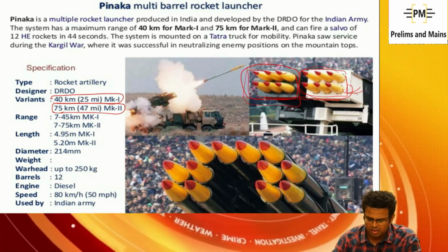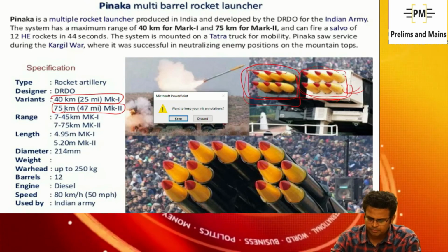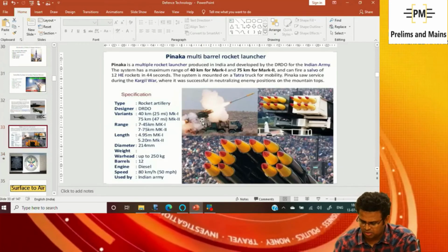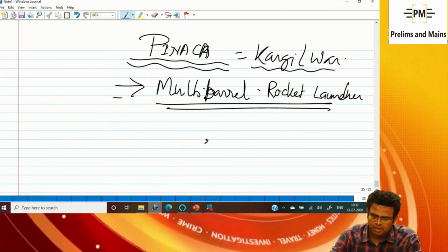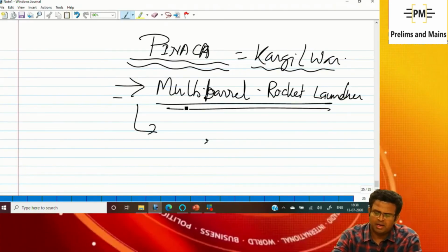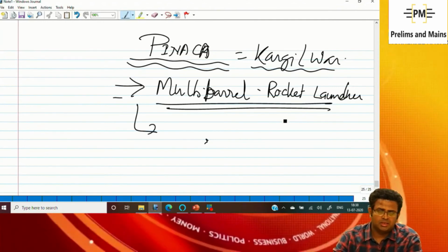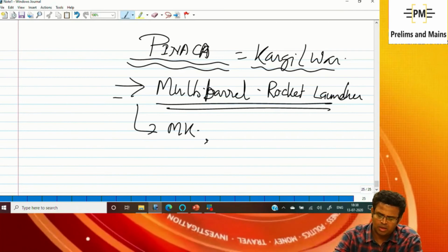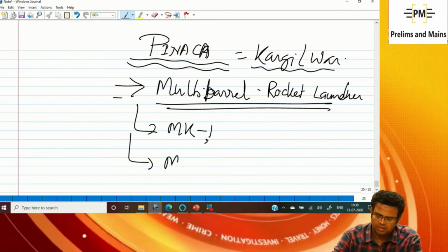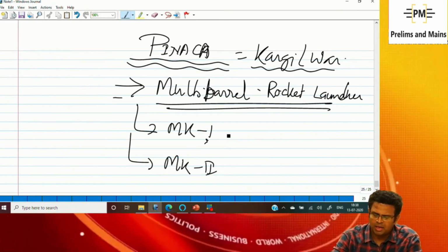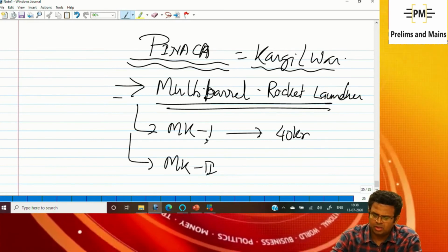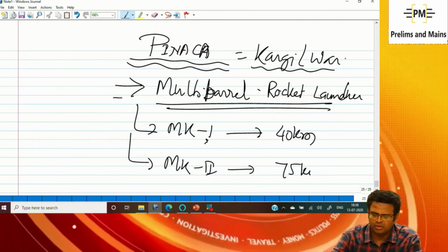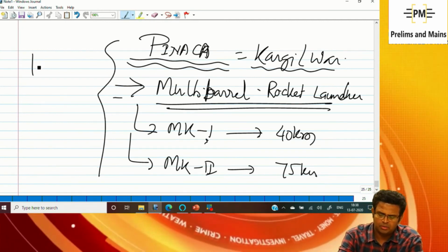It is a rocket artillery, rocket launcher, multi-barrel rocket launcher, Pinaka. So it is a multi-barrel rocket launcher and it is a kind of artillery, and there are two types, Mark 1 and Mark 2. Mark 1 has a 40 kilometer range and Mark 2 has 75 kilometer range, and in 1 minute